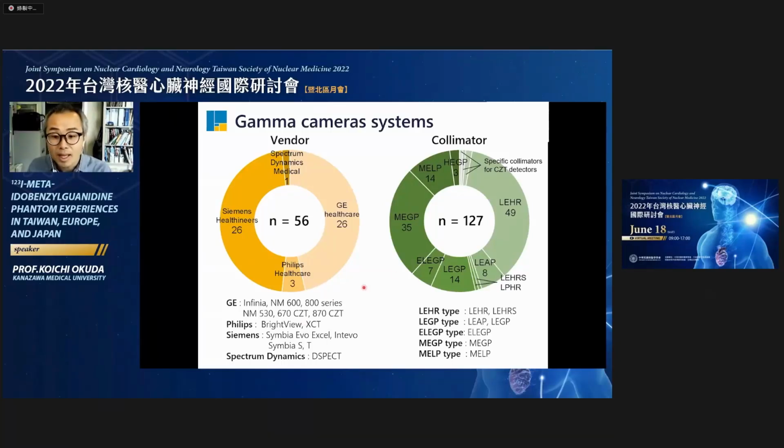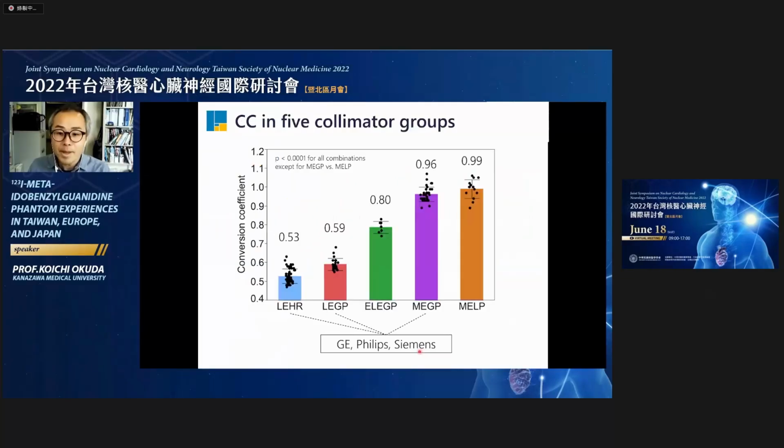Since many types of collimators were used in Taiwan, we classified these collimators into 5 groups: low energy high resolution type, low energy general purpose type, extended low energy general purpose type, medium energy general purpose type, and medium energy low penetration type. Mean values of conversion coefficients were calculated in 5 collimator groups: